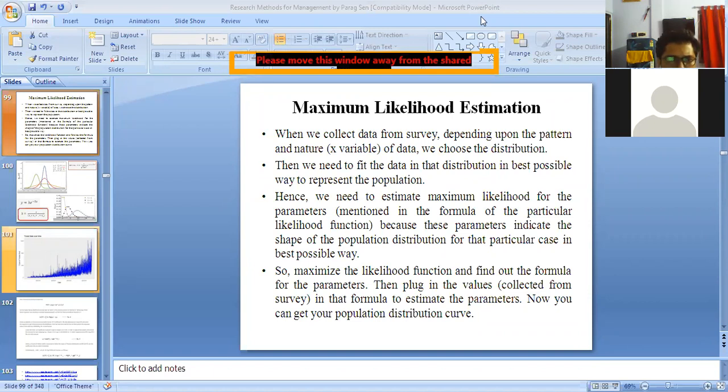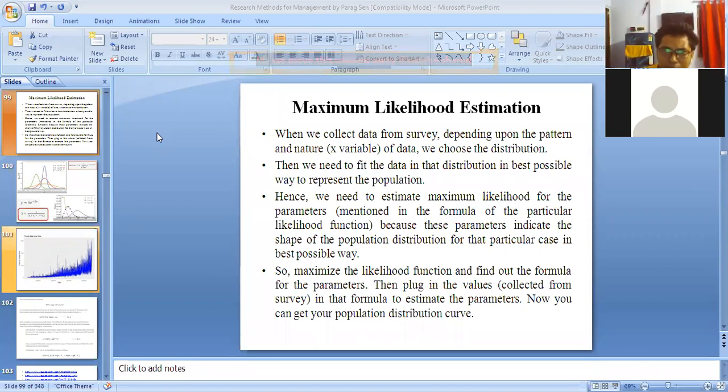Janani is asking, sir, what is stationarity? Stationary means that the nature of your data is not dynamic. Sometimes you have real-time data which is continuously changing, for example, stock market data. Those are not stationary data. Continuously you will see that those data will be changing, so those are not stationary.